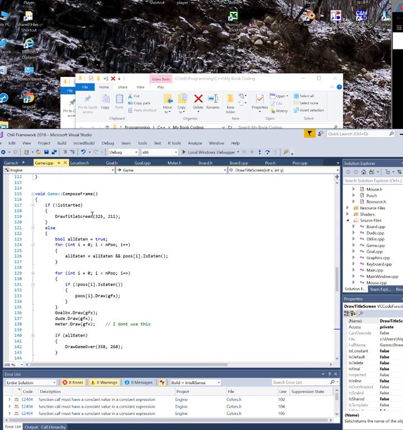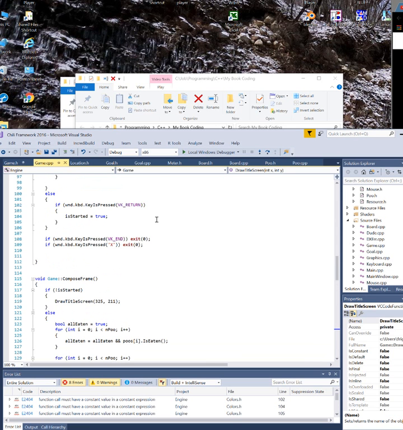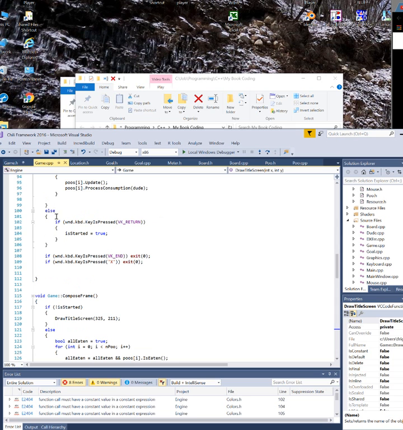And then compose frame, we've already looked at that, and that draws. And this is the central loop area of the program. It'll pass through this loop at whatever the screen's refresh rate is on your computer. So in fact, in later games, he introduces a variable so it's refresh rate independent, because even this game would run at a different speed depending on what your graphics card setting is, etc. If you're doing a 60 or 90 frame refresh, it's going to run faster than on my monitor, for example,